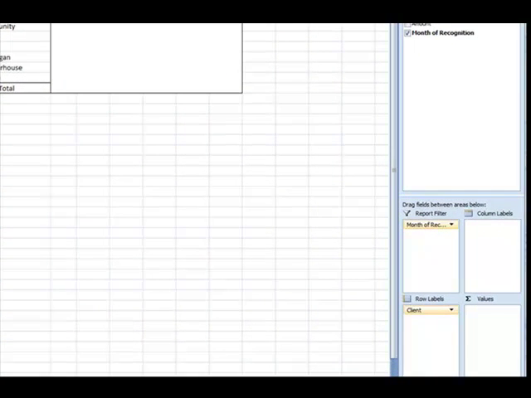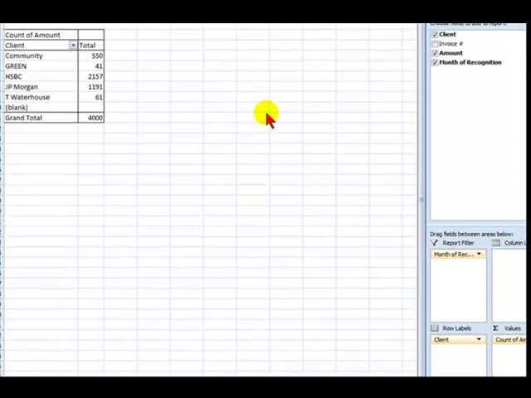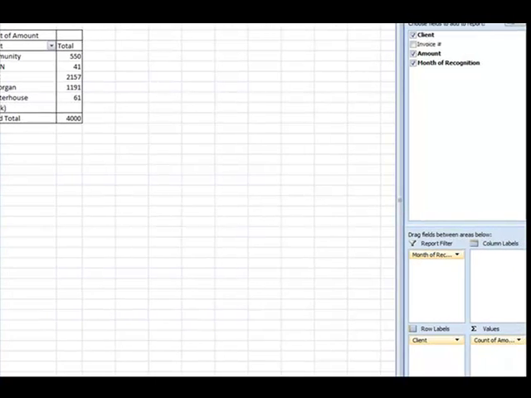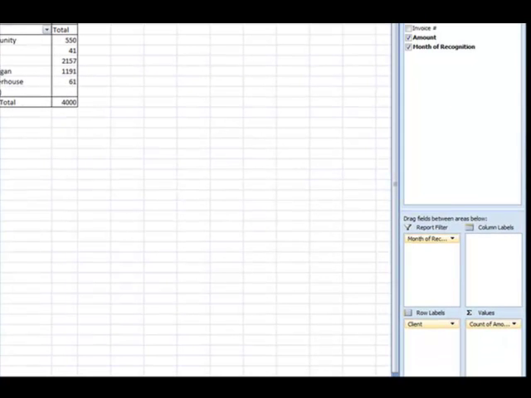In terms of what we want added up, we want the amounts of the revenue added up. So we're going to click on amount and drag it to values. If you look to the left, these numbers look mighty low. The reason for this is because it is counting. It is not summing. So how do we fix it so that it sums up the data and not just counts it? Well, we go to the values,